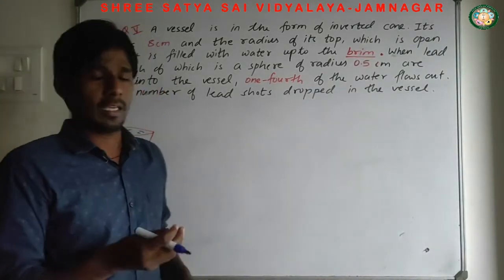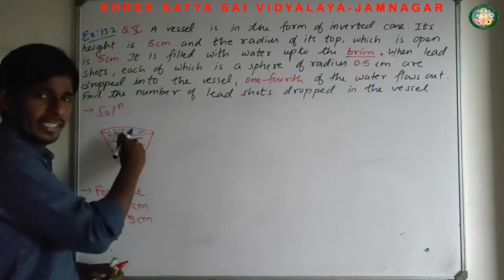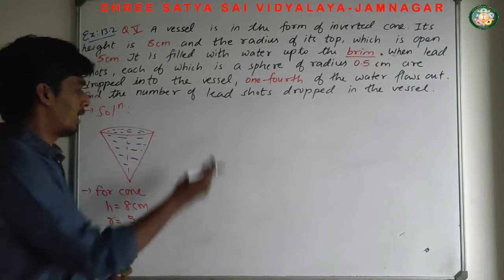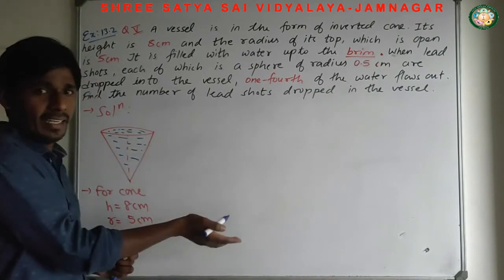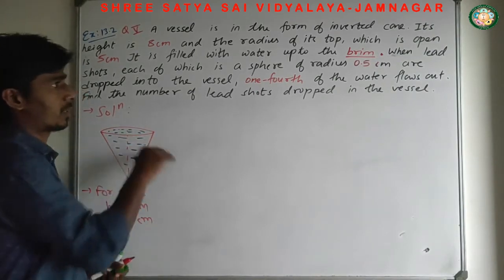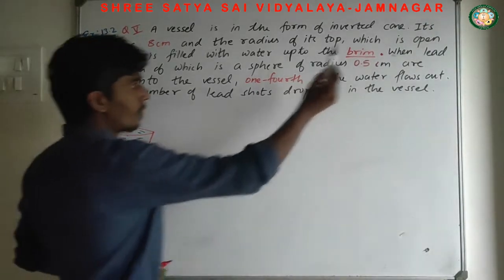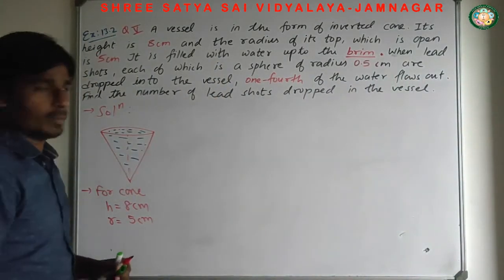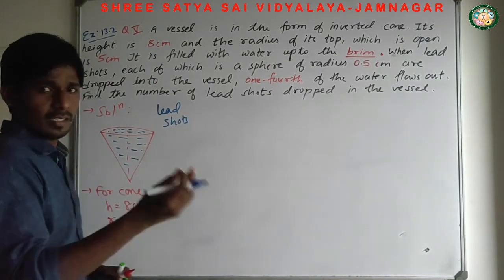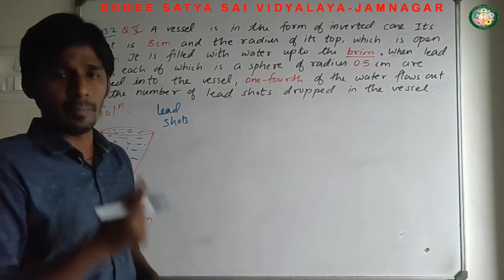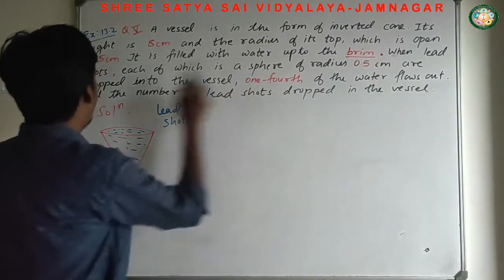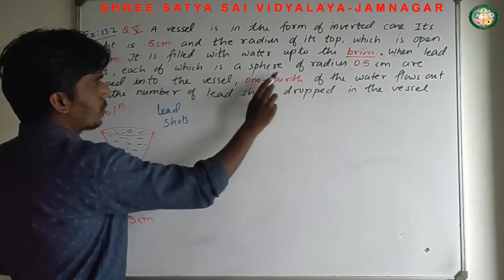What does it mean? It means if you add anything inside the cone, definitely water will come outside. यहाँ पे कोई भी चीज डालोगे तो पानी बाहर निकलेगा क्योंकि वो पूरा भरा हुआ है till the top portion of the surface. It's fully filled with water. When lead shots, what does that mean? It's a type of metallic spherical ball. अगर उसे ऐड किया जा रहा है अंदर, when in lead shots, each of which is a sphere of radius